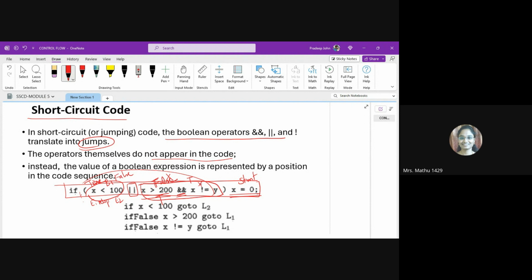Okay, it is not necessary that this has to be evaluated. So you can directly say that this entire if condition is false, because we have already found this is false, and in this and operator, when the first input is false, the total thing will be false. So it means that whatever comes after this,